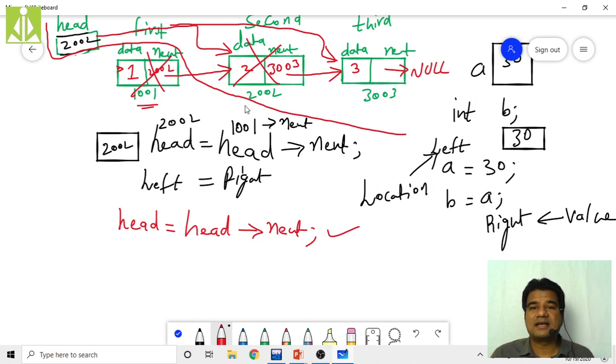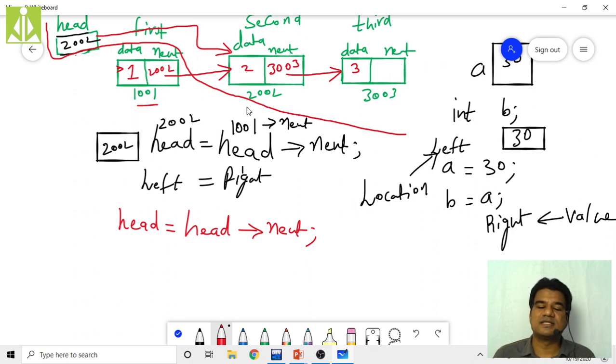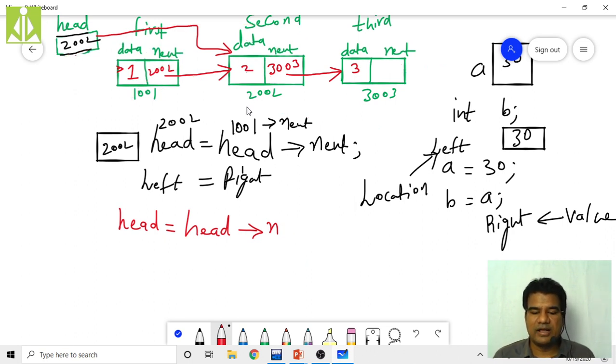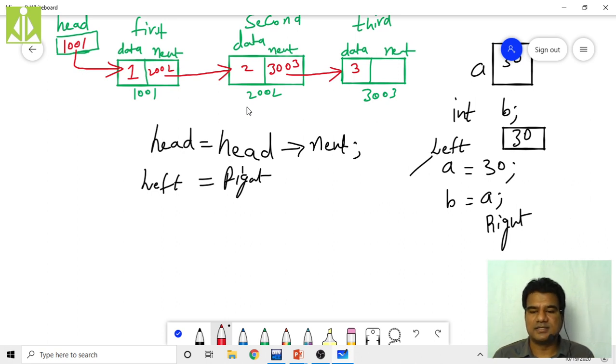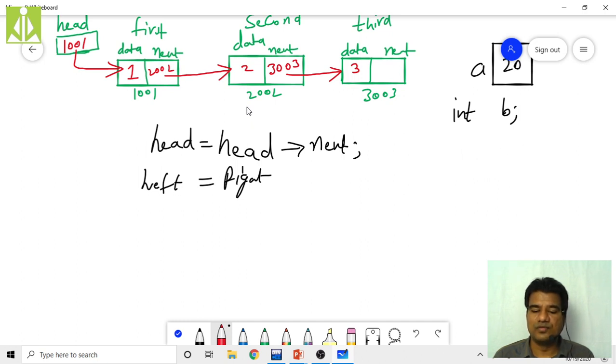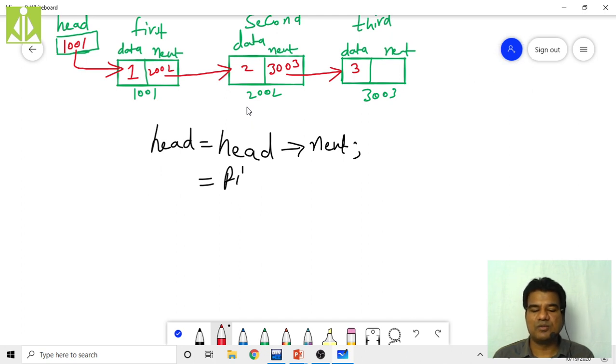Then how can we access our linked list? When you have the linked list, how can we access it? So our linked list was like this. Let me give just some more time. I am not going to draw that complete list one more time, because it is a time consuming process.